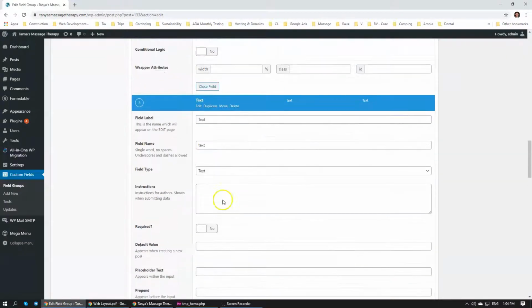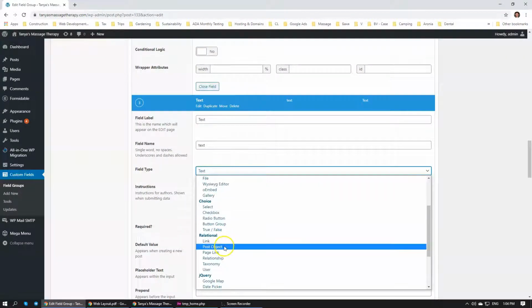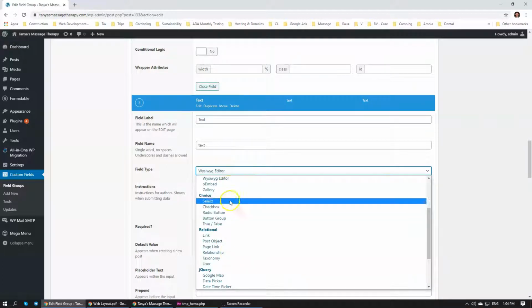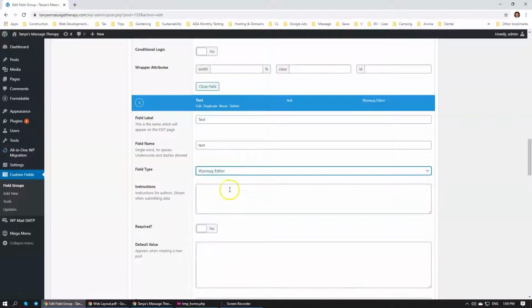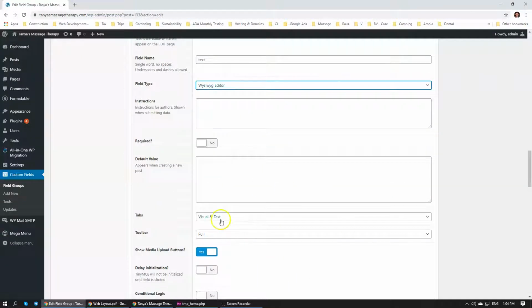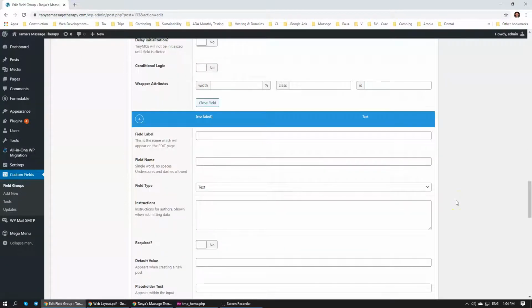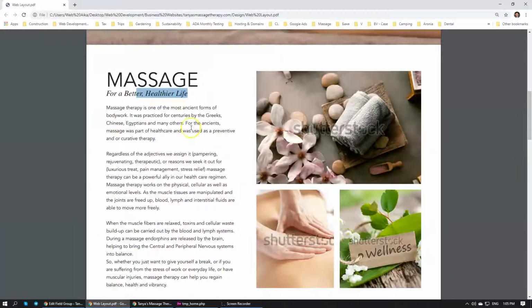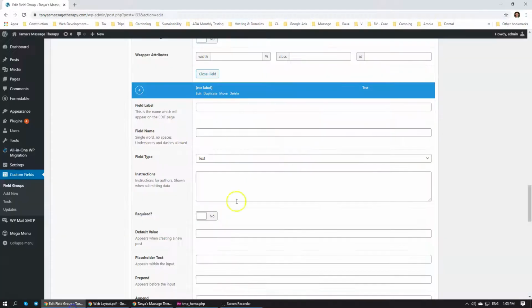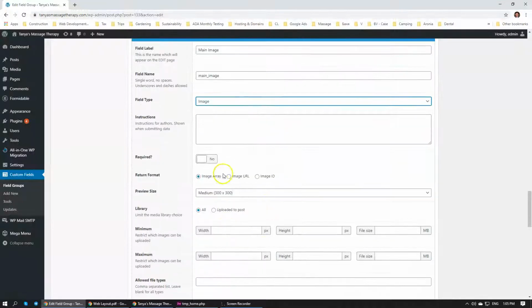Actually the text has to be an editor type, because sometimes we would want to make something bold or highlight something within here, so we're going to keep it as an editor field type. And we're going to have one main image, let's just call it that. Then I'm going to select image URL,